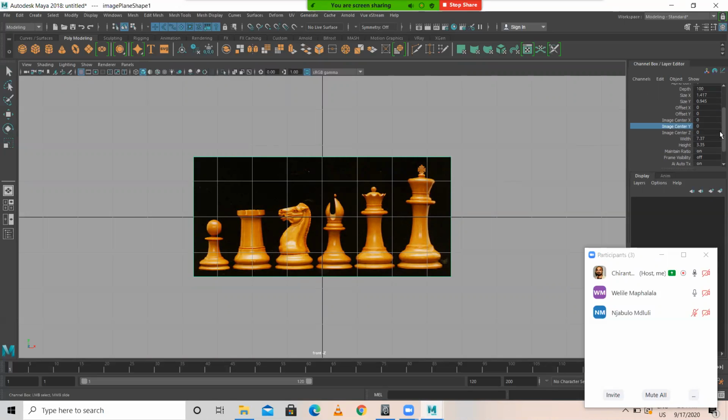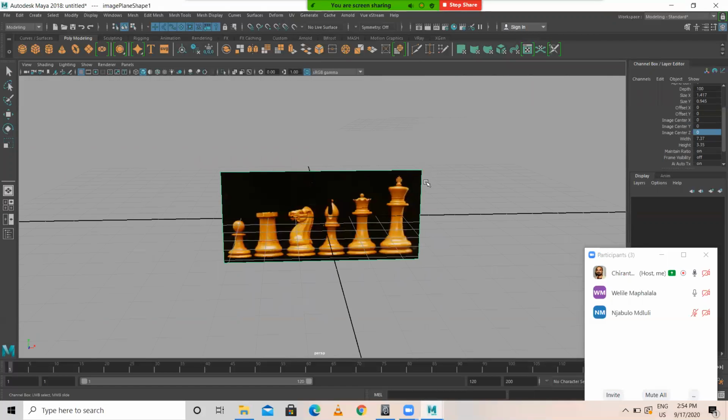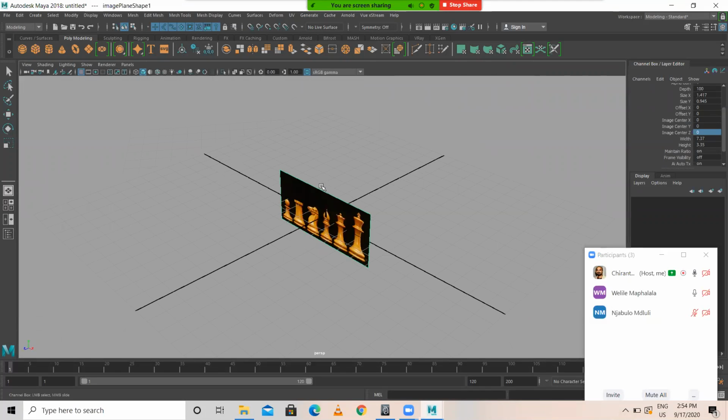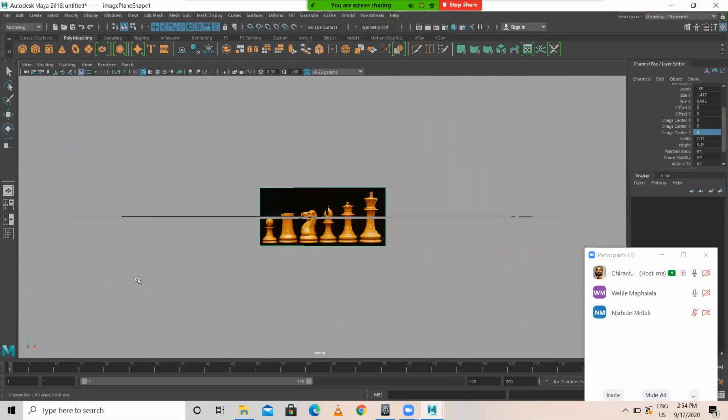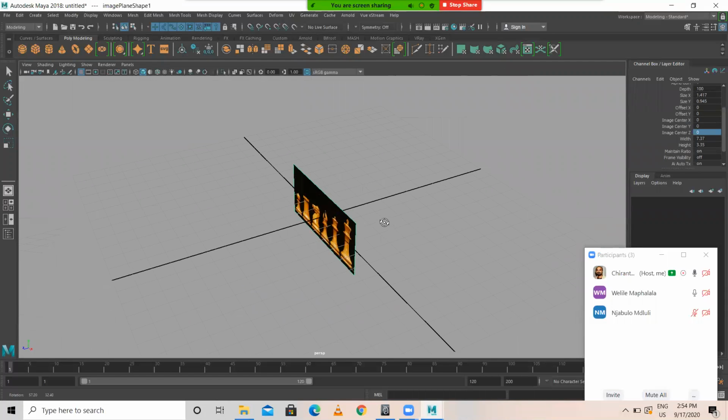Then image center. This also, at least image center Z is there, no? So I want to push this image now. See, it is in the center of the grid. I don't want this image to be in the center of the grid. Since we imported this in front view, for Z-axis you give -50.